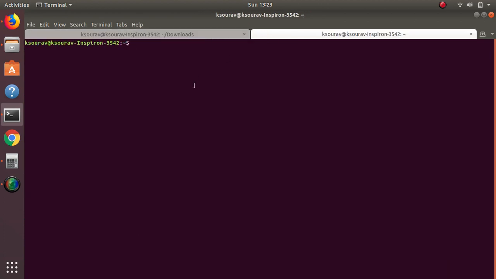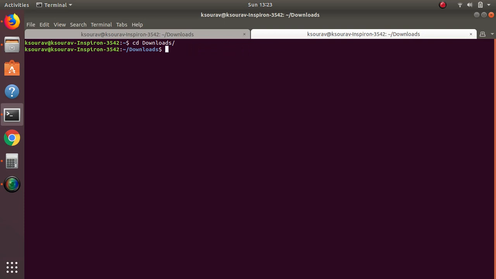Once you have done that, I will show you that I have already downloaded the Windows ISO. This is the Windows ISO file that I downloaded from the internet. This is for a 64-bit machine. If you have a 32-bit machine, you need to download the 32-bit Windows 10 for your machine. So after downloading the correct image,